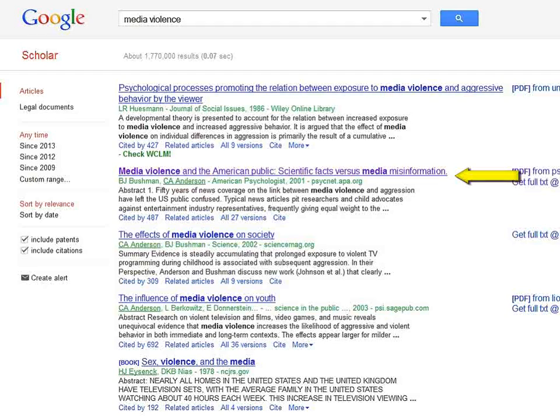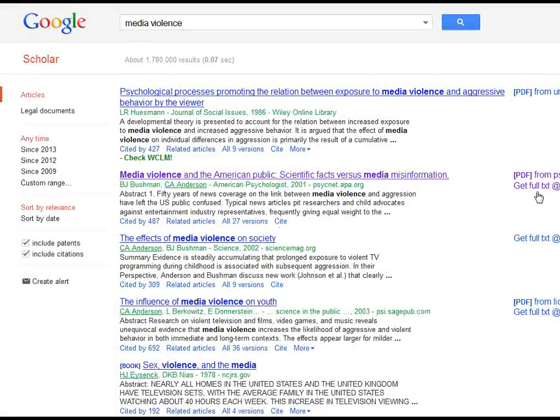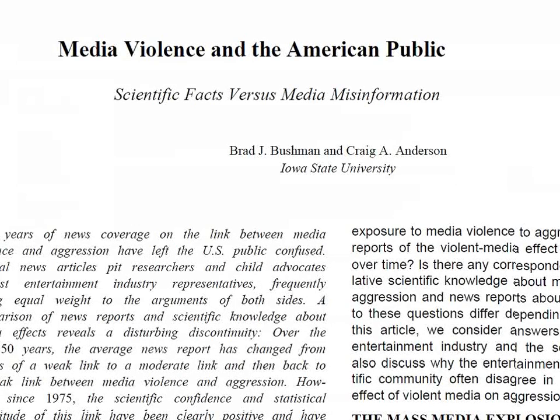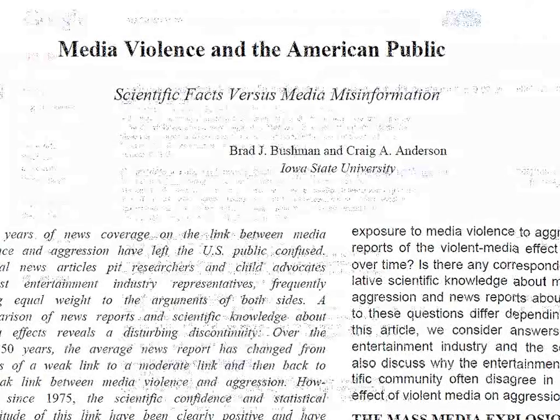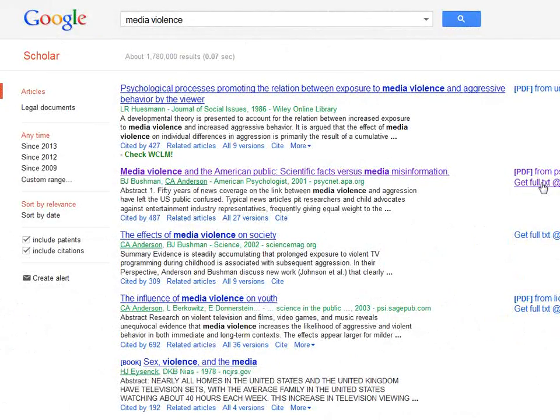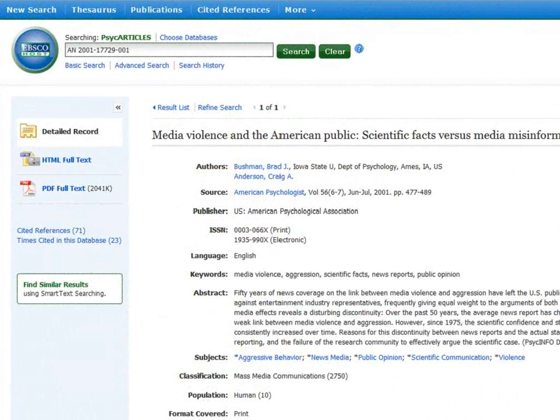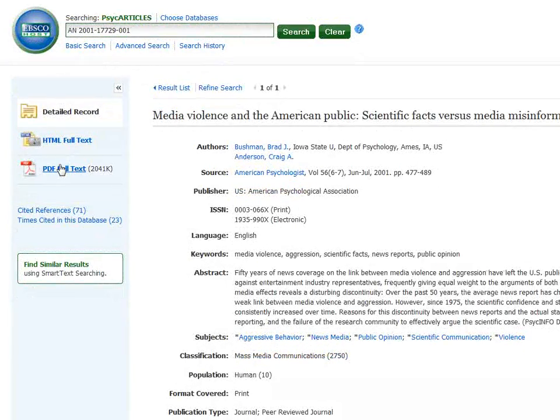This looks like a very intriguing resource. This article is available full text through two different venues, Pennsylvania State and full text at Corban. The link for Pennsylvania State takes me to the website. It appears they have an electronic reprint of the article available. If we click on Get Full Text at Corban, it takes me to one of our databases through which I have full text access to the article. Let's take a look at the article.